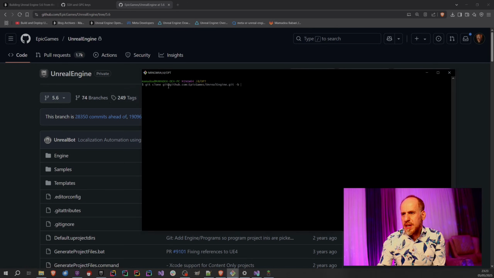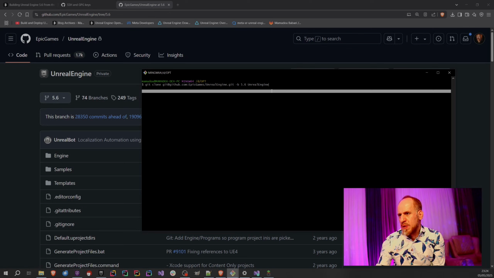So we basically typed here git clone URL -b for branch. I'm gonna type 5.6, then I'm gonna type the repository, the folder name, which if I don't, basically it's going to be Unreal Engine. I can type UE 5.6 whatever, or any other name that you would like. But yeah, you can just leave it empty. It's gonna be Unreal Engine. Basically it uses the name of the repository as the name of the folder as well, but I will type